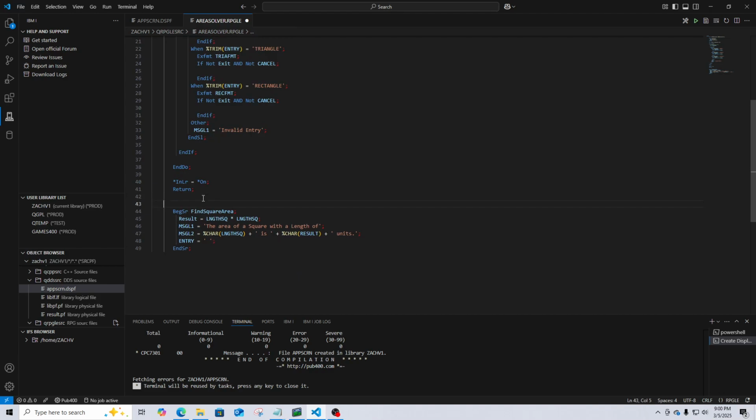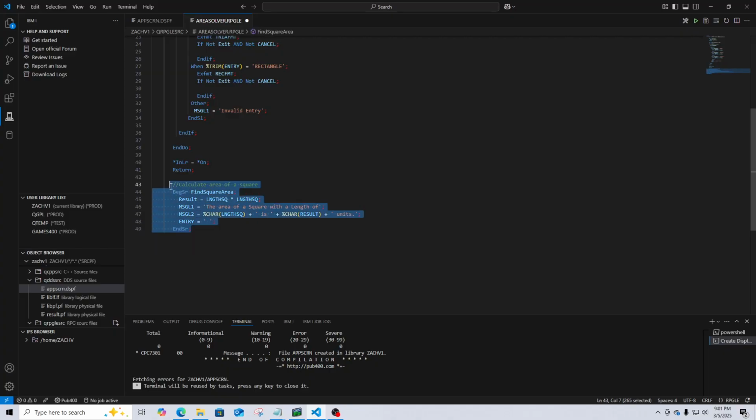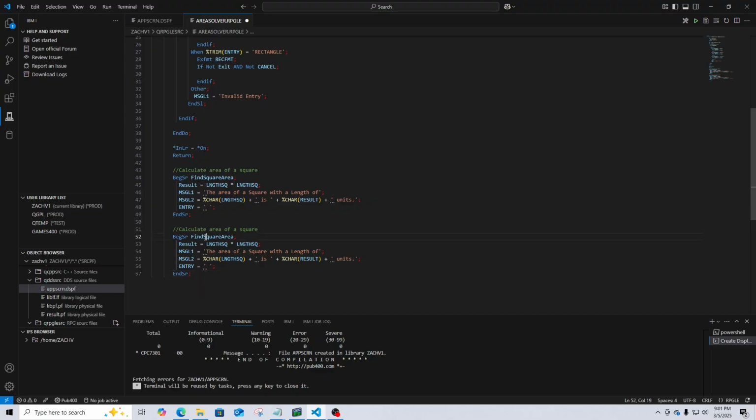And so I'm actually going to put a comment here. It's always good to write comments throughout your program. So this will say calculate area of a square. Super simple, but just so you don't have to look at what's actually happening to know. And so I can just copy this and I'll use it for our next subroutine,